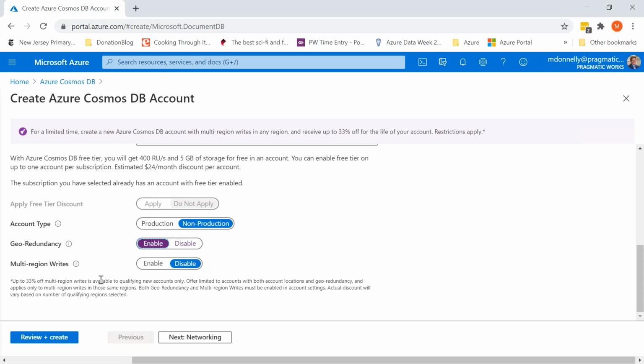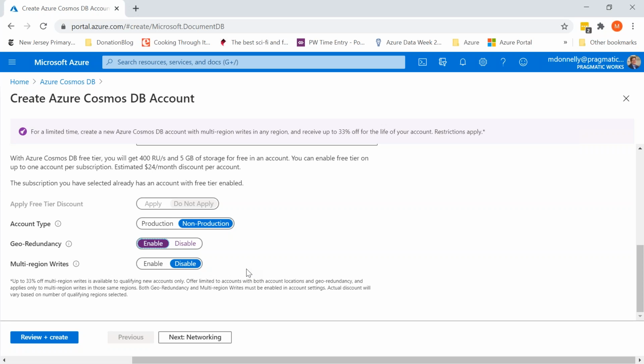You'd have another copy. And multi-region writes. This has actually been there for a while now, but I still mention it because when I started looking at it, originally you could only write to one region. So if I set up in US West, I can have replicas all around the world, but those are only for reads. If you're pulling information back down to an application, that is going to make that a lot better. But then information coming from there would have to go over to US West to get written. Now you could change that, it didn't have to stay the same one that you set it up with, but